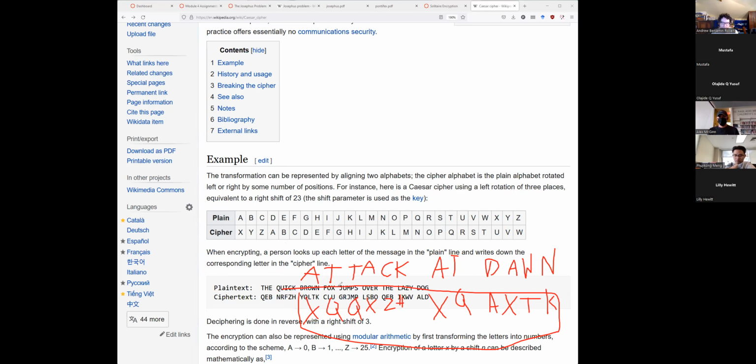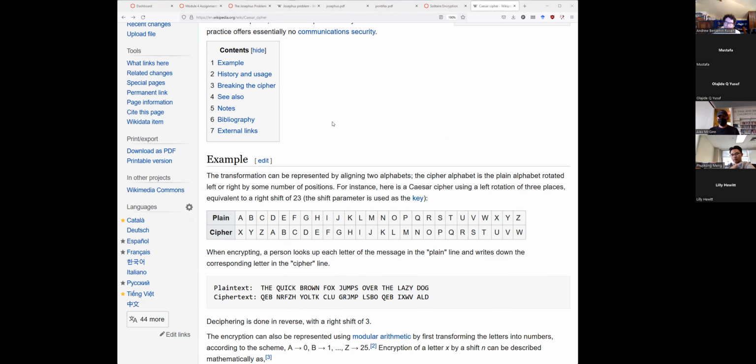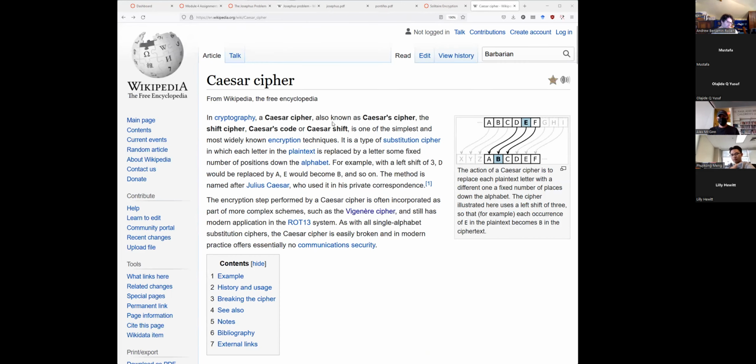Q goes to T, because QRST is 3 after, and then I'd be able to decrypt it. Okay. So for now, for as long as